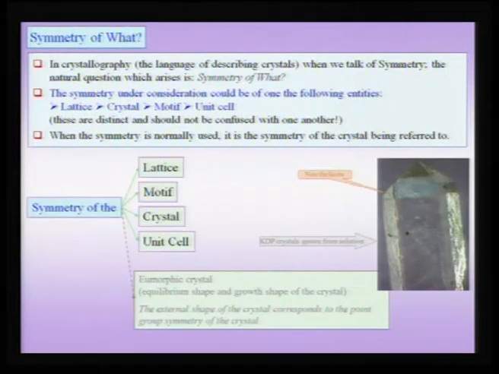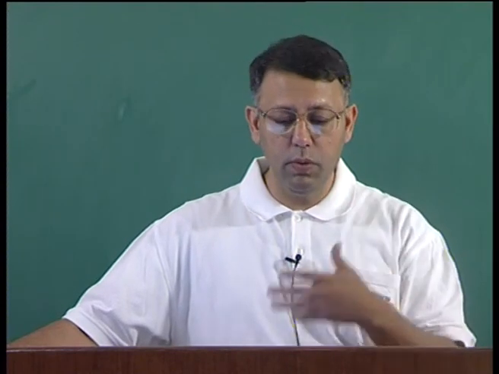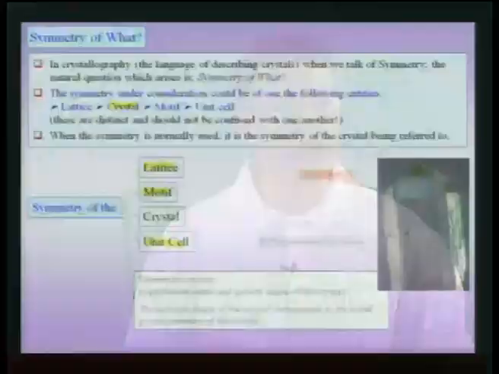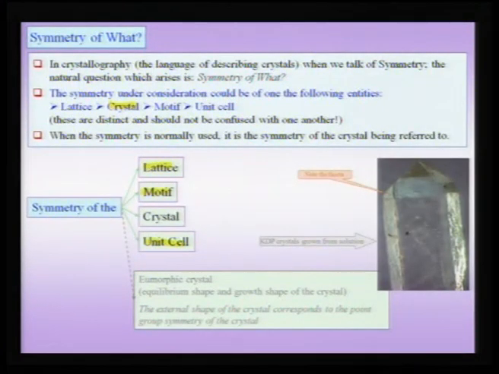Now, there are a lot of concepts we will be introducing during the course of this set of lectures. Those concepts involve lattices, motifs, the unit cell, etc. But before we even introduce those concepts, we should note that when we are talking about symmetry, it could be the symmetry of any one of these entities which could be under consideration. Suppose I could be talking about the symmetry of the crystal, which is what is primarily important, but in certain specific contexts, for instance, we could be talking about the symmetry of the lattice or the symmetry of the motif